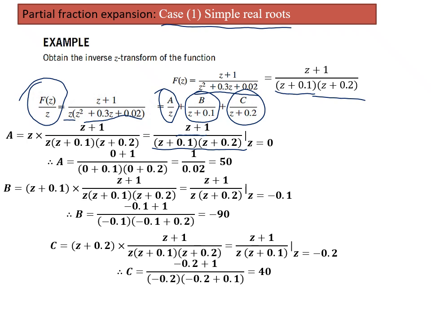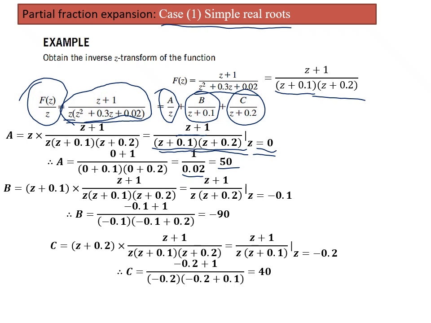As we covered, we multiply all the function by z, then z in the denominator is cancelled with the z multiplied. We get (z plus 1) divided by (z plus 0.1) times (z plus 0.2), and we substitute at z equals 0. We have 1 divided by 0.1 times 0.2, or 1 divided by 0.02 equals 50,